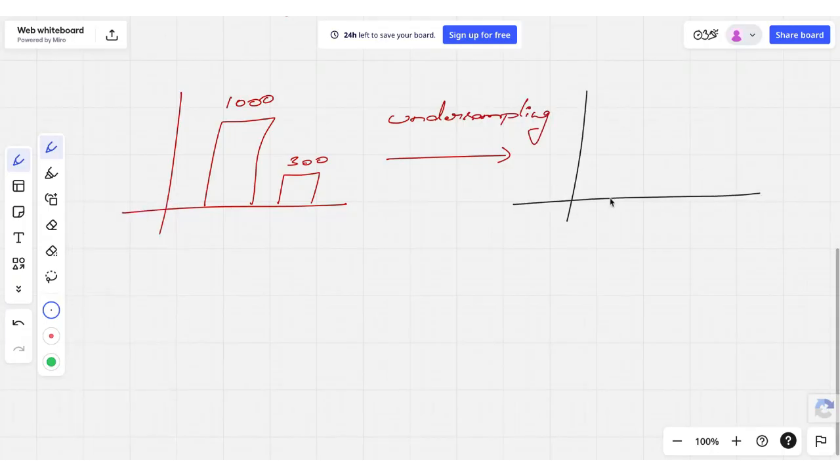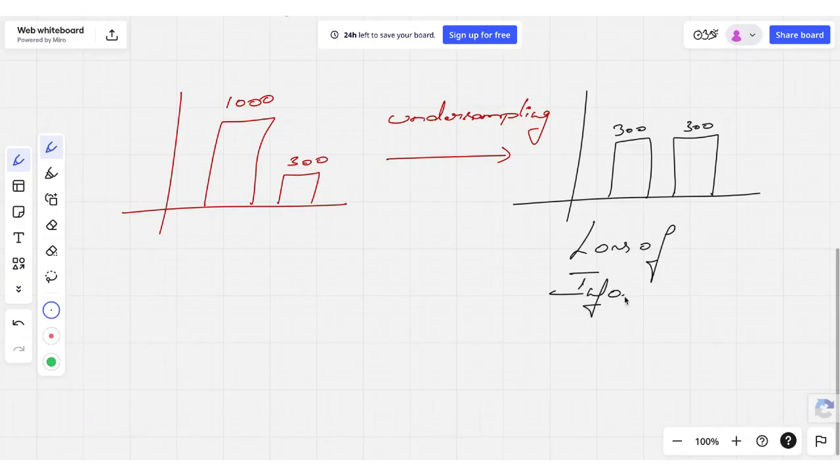It will cut down. The majority class will become exactly the same as your minority class, so it is reduced, which results in loss of information or loss of data. Again, dangerous. Even this approach fails.